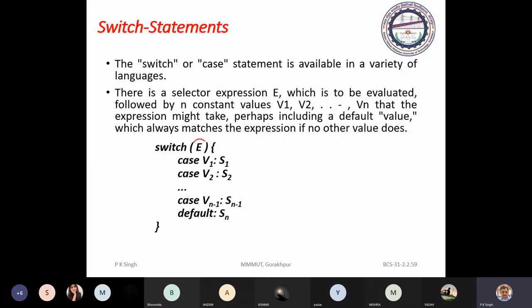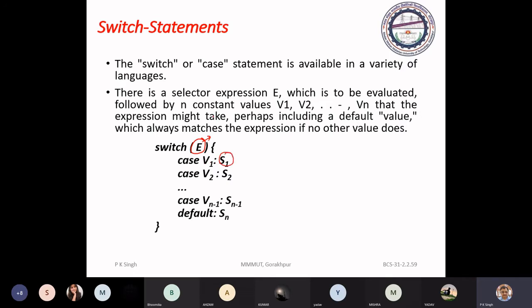We use an expression with switch. This expression is evaluated to a certain value. On the basis of the evaluated value, the control of execution will switch to one of the statement lists. These are the statement lists associated with the various cases.